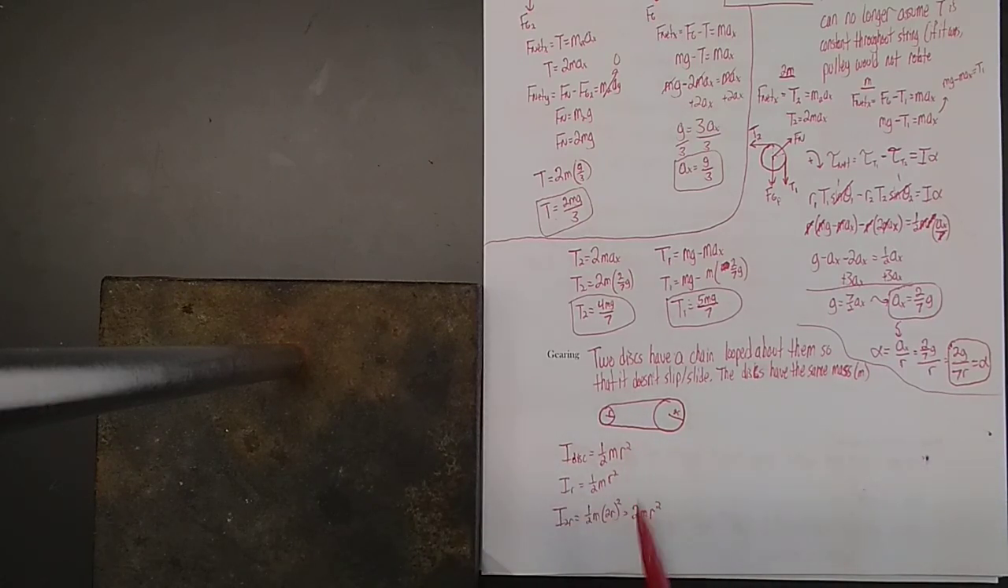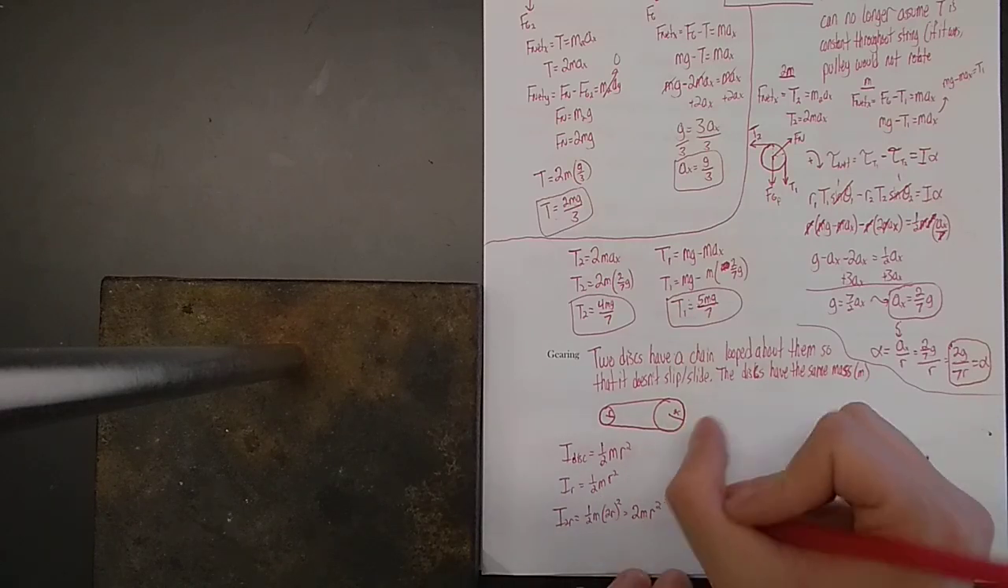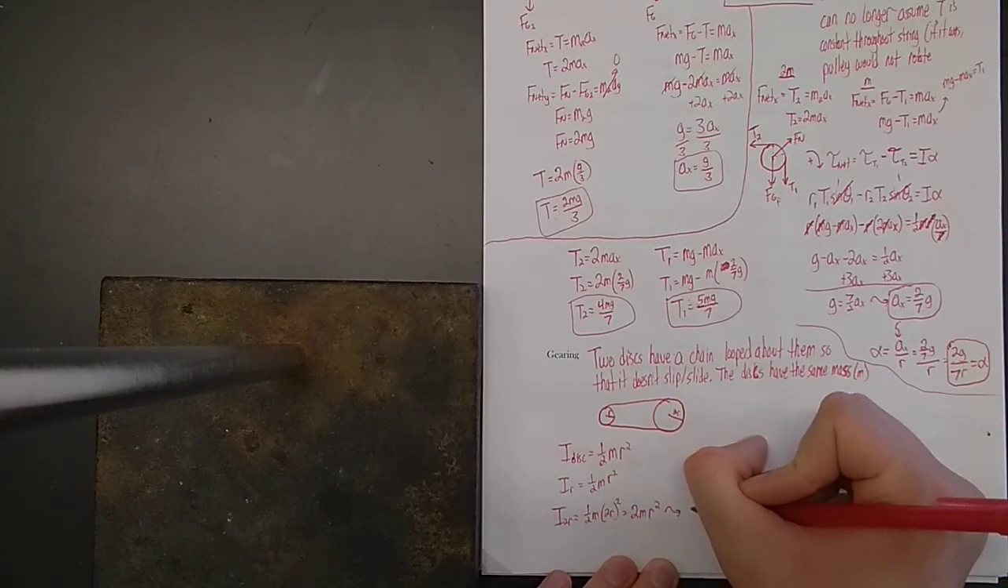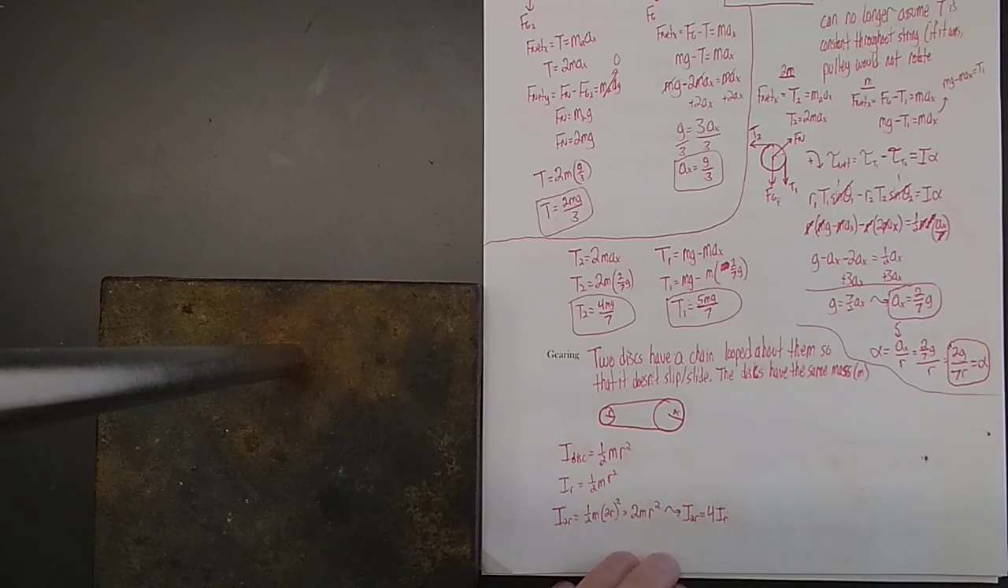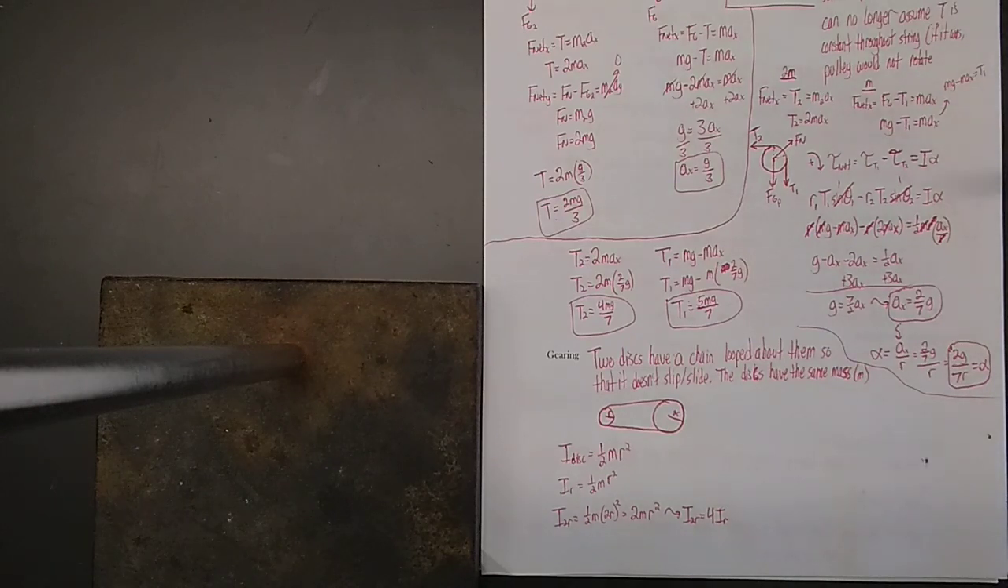Now, how big is that compared to the smaller moment of inertia? You might be tempted to say it's twice as big, but look at the coefficients. Is 2 twice as big as 1/2? No, it is 4 times as big. So we would say that I_2R equals 4 I_R. Okay? So just make sure that you're clear on the algebra there. What I really want to talk about is how the